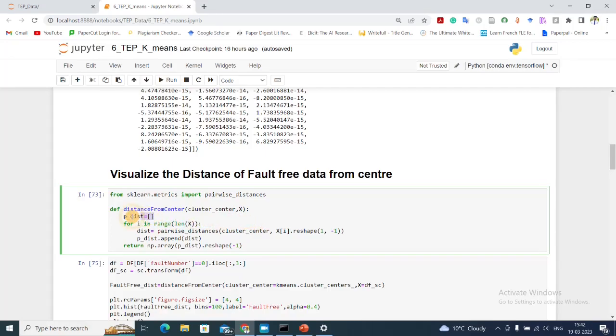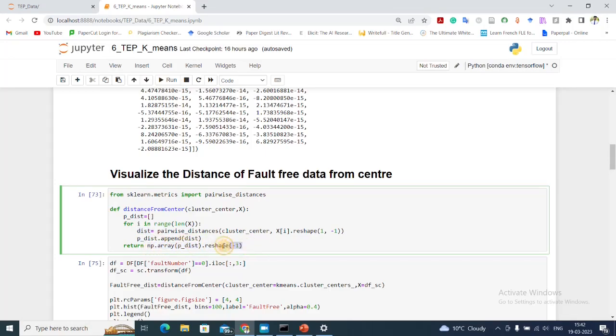I'm initializing a list of distances and iterating through each element x. Then I write dist equal to pairwise_distances, which takes two inputs: one is the cluster center and the other is the point from which we need to calculate the distance. This basically calculates the Euclidean distance and saves it in the variable dist. Then I append this to my list pdist,